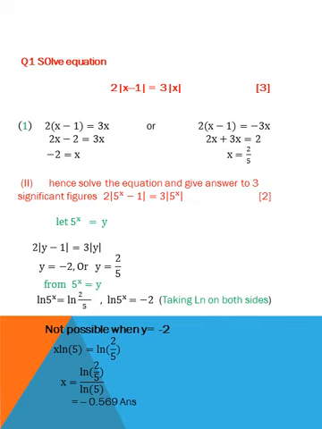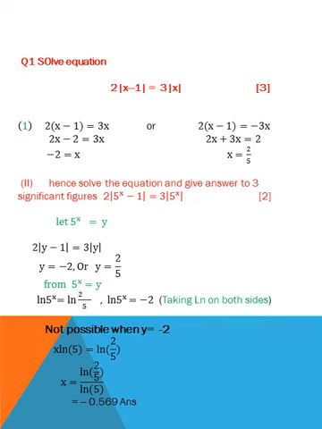But I use a simple method. One value we take negative, one value we take positive. So 2x minus 1 is equal to 3x, or 2 into x minus 1 is equal to minus 3x. One value positive 3x and one value minus 3x. In this way, we will find that x is equal to minus 2 and x is equal to 2 by 5. Now I find these are critical values. These values are also used for the inequality.